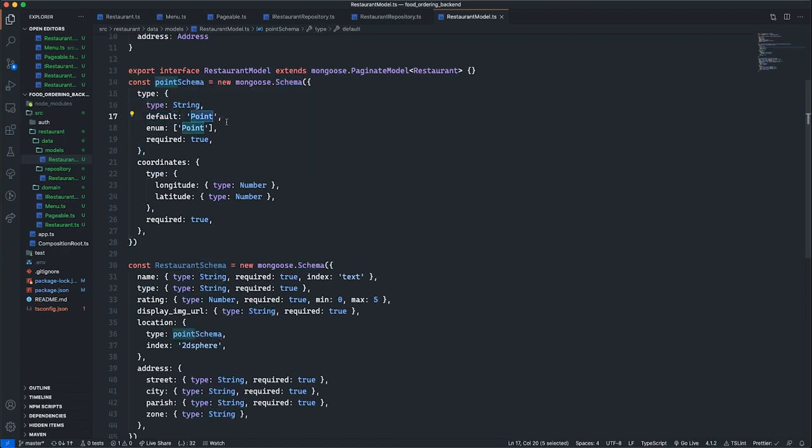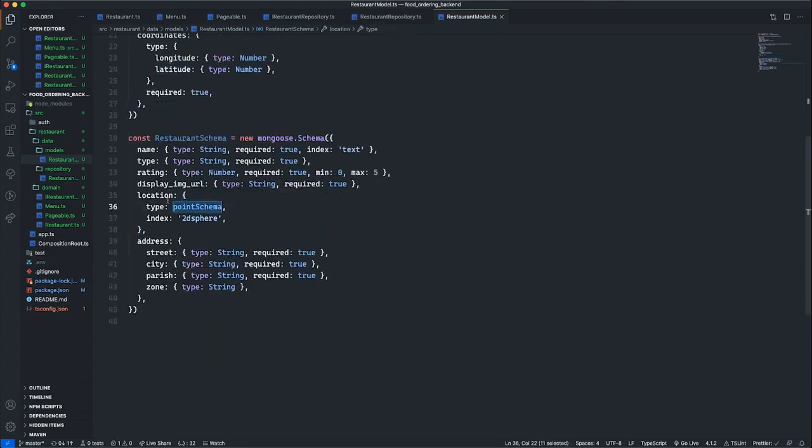And this is important because the type here is really point, but Mongoose represents this as an enum, and we set the default value to point. But when this is stored in the MongoDB database, they know that what they're looking at here is of type point, so it will be used in geospatial queries. And we have our coordinates here, which again is our longitude and our latitude. So that's basically our point schema that is represented here for our location, so that we can have access to